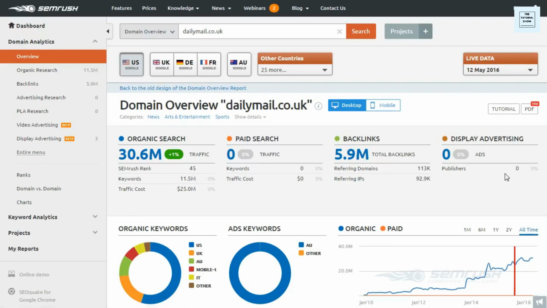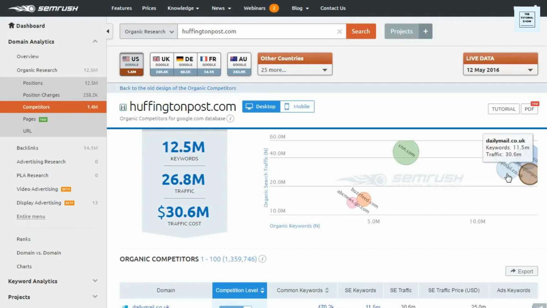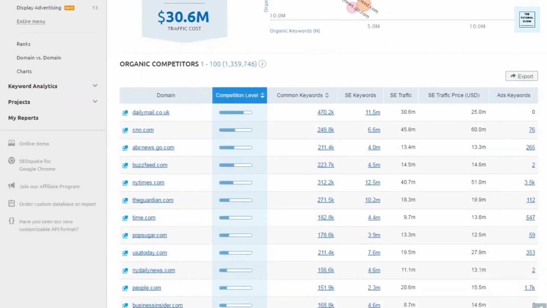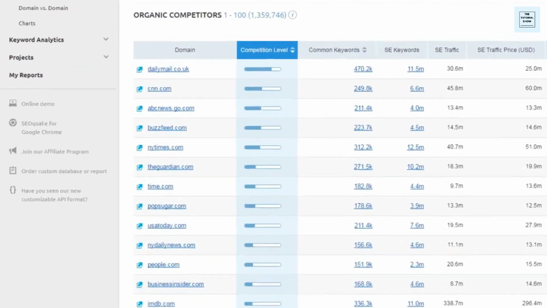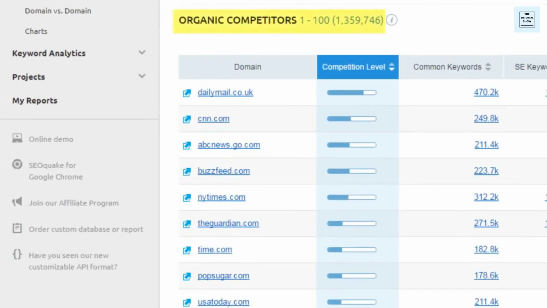But I'm going to return back to the last page because there's a lot of valuable data here under the map. This is giving us a full list of all of our organic competitors. So you can see for this particular site, which is obviously a huge website, it is listing over 1.3 million organic competitors. So even if you're dealing with smaller sites and you're still pulling a list of 50 competitors, 100 competitors, this right here saves a tremendous amount of time from having to pull not only all the competitors, but all of these numbers manually.